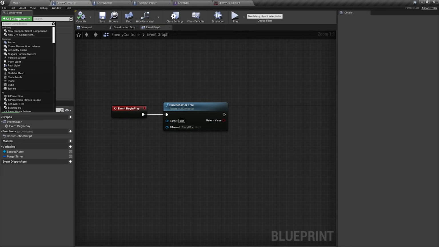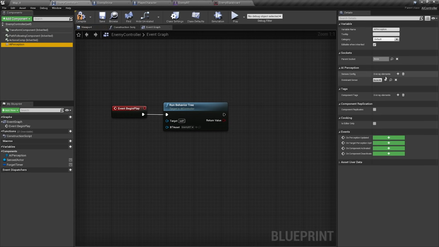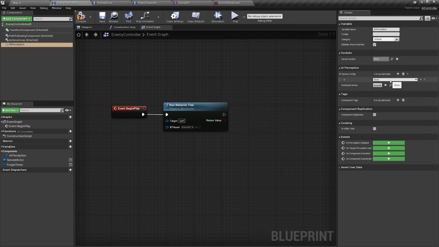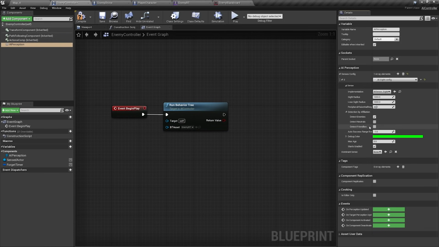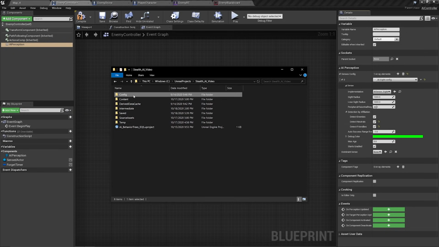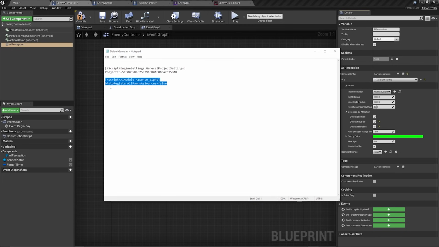Let's now open our enemy AI controller and then add an AI perception component. Inside that, we're going to add a new sense. We're going to use the AI sight config and then configure our sense, sight radius, and the angle. We're going to do some workarounds. We're going to have to select all these items because the detection by affiliation feature is not currently exposed on blueprints. And the last workaround is to edit the config DefaultGame.ini and add these two lines to make sure that only the pawns we want will be detected by the perception system.